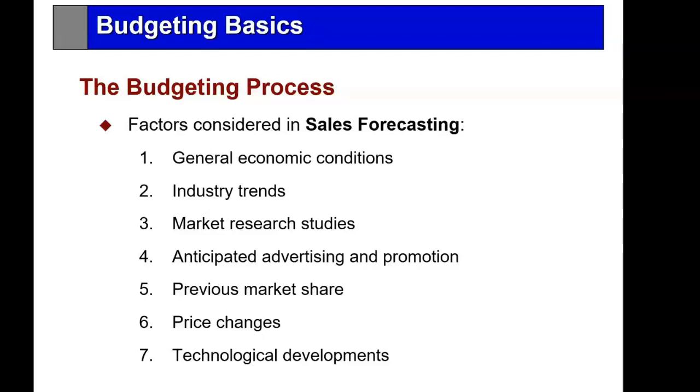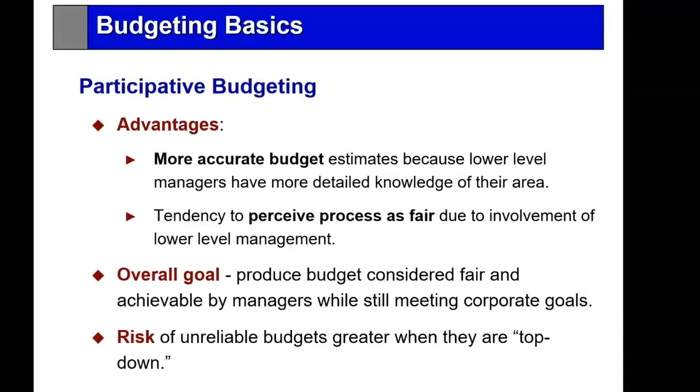Now, in developing a budget from senior management's point of view, what a smart company does is they have everybody participate in the budget. All the managers, right from the low-level managers all the way up to the senior managers. This is called participative budgeting. Everybody participates, and the result is that you get a more accurate budget estimate.